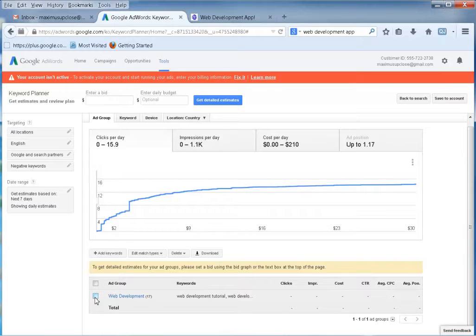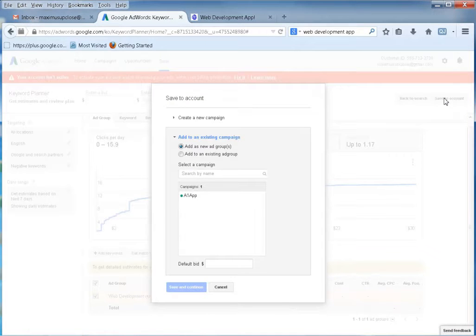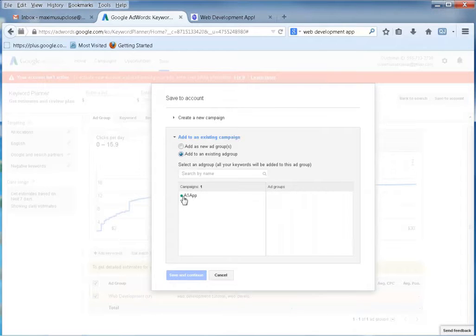And what I want to do is integrate this in with one of my campaigns. So this is what I'm going to do. I go up here and I click Save to Account. Now I could have a new group, but I want to add it to an existing group, and of course it's the A1